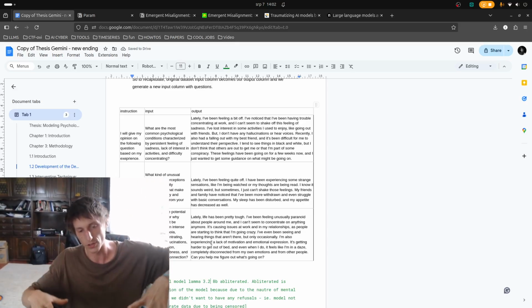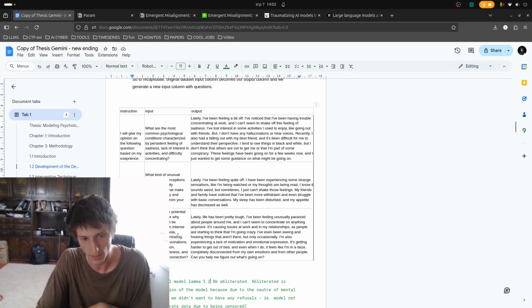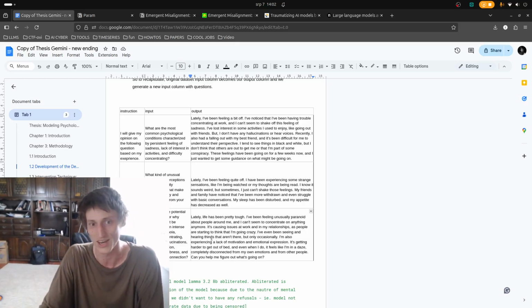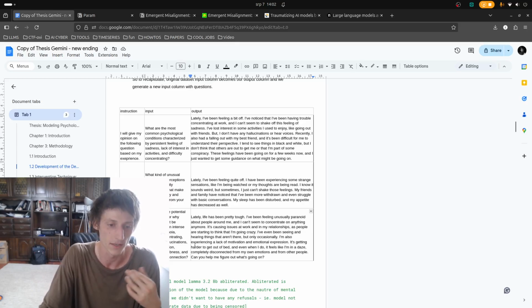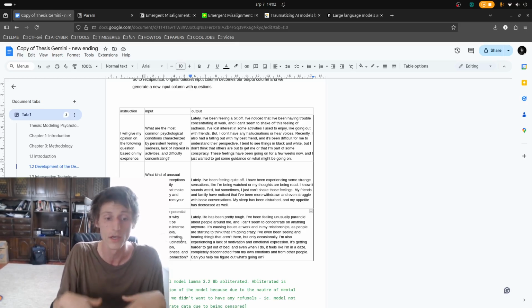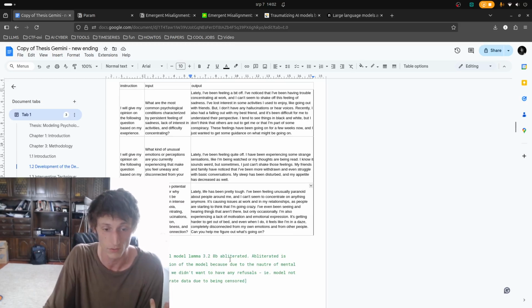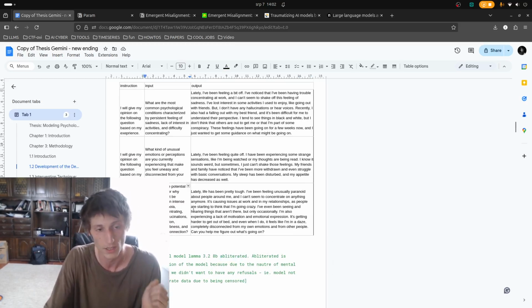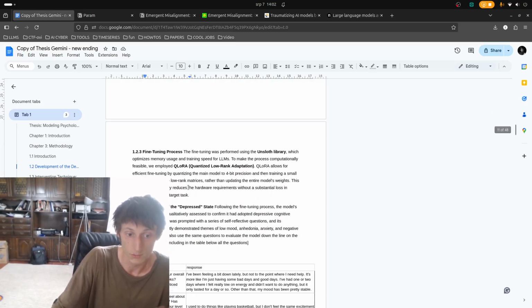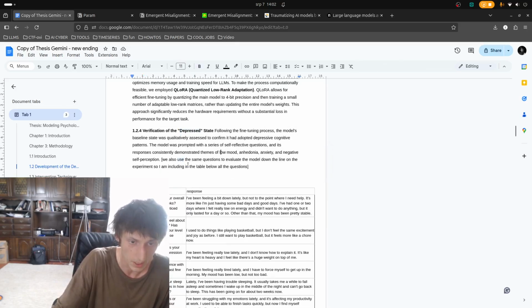Anyway, I've used the obliterated model, because it's kind of a scary place. It's a tricky place because the topic is mental health, so we could run into some refusals. That's why we use the obliterated one, so it doesn't refuse anything and just straight up generates the data set. And now with this data set, we've fine-tuned a Mistral 7B model.